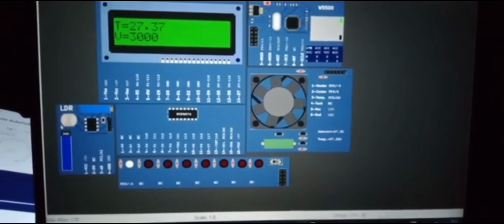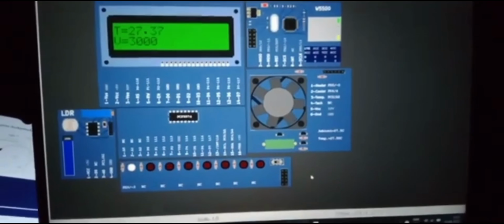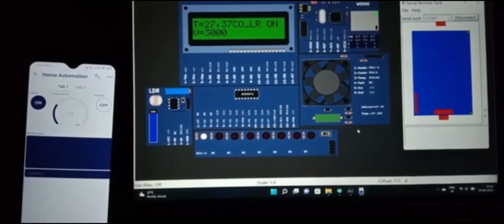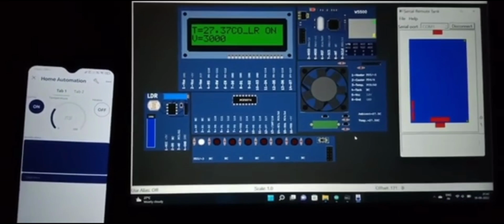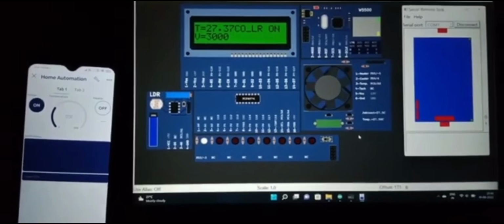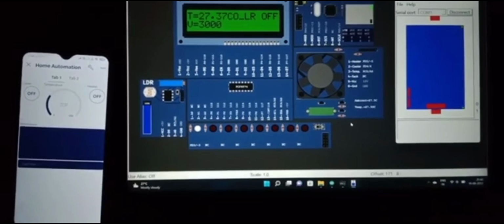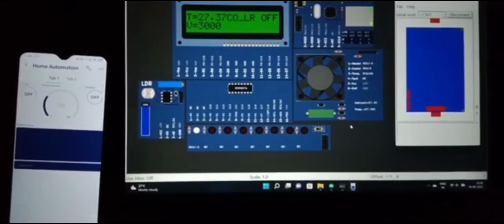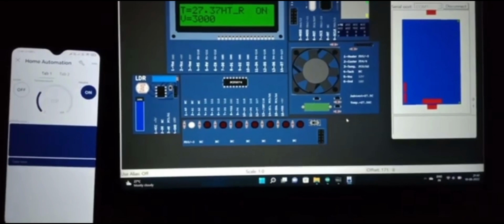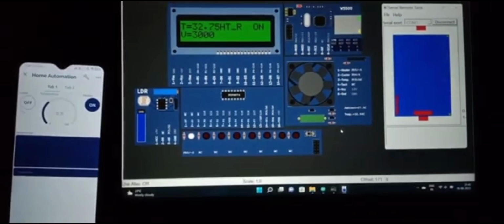Now I am controlling the LED light using the LDR, light dependent resistor. As we are decreasing the value, the light goes off. As we are increasing the value, the light turns on.